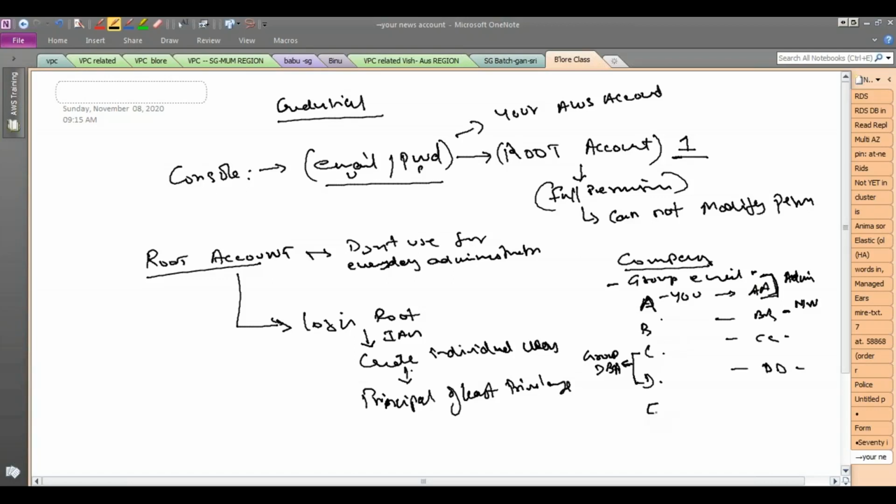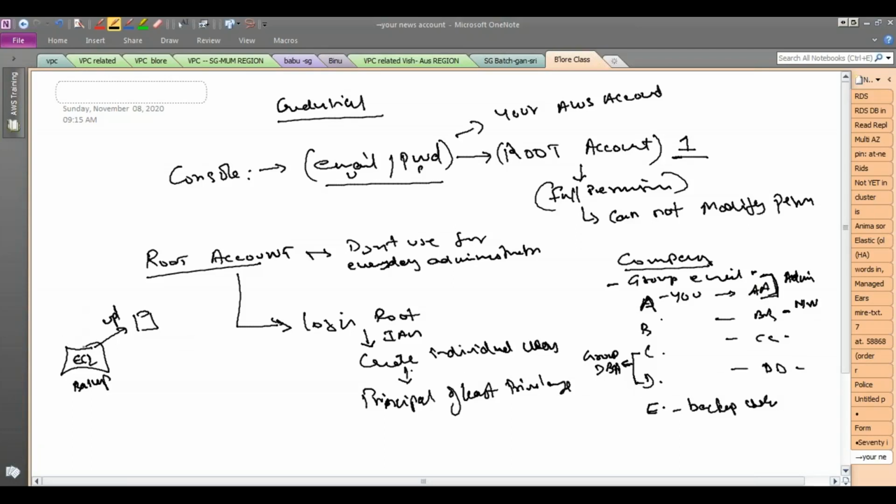Say for example, you have a user called D. Maybe he is an HR person or something, or you are using a user to back up your data to S3. Say you have a server, right? So you are taking some application backup or a DB backup, and you want to upload it to S3. So maybe you are creating a script which is going to take a backup and upload to an S3 bucket, right? So maybe it is a backup user. These don't have to be physical users, they can be for this type of thing also, right?